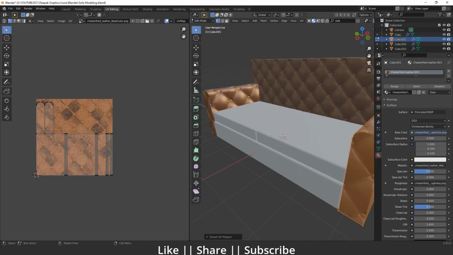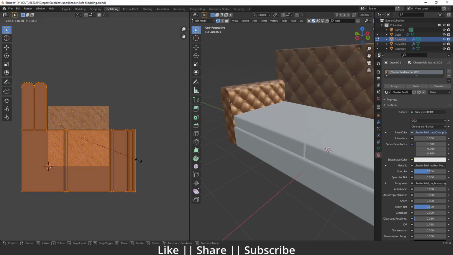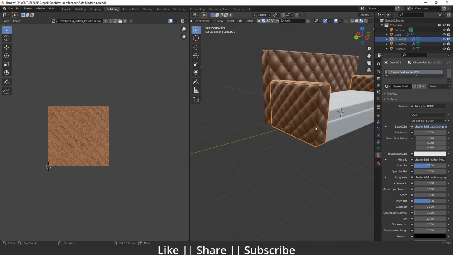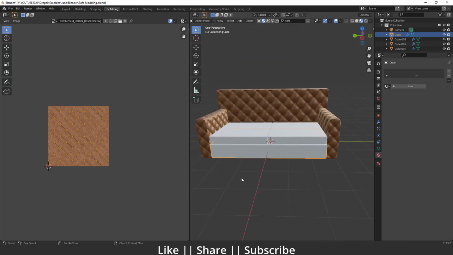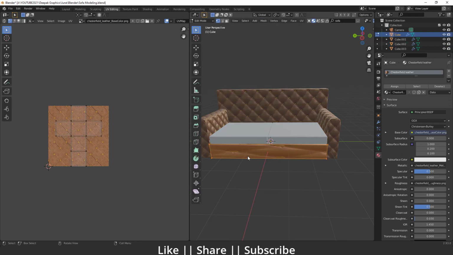You will see something like that. Again I'm gonna select all my texture, then I'm gonna scale it a little bit, something like that. So I think that much texture looks fine to me here also. Yeah, that looks nice. And we'll do the same thing with the other part as well. I'm just gonna select this, and then do link as a material, and I'm gonna unwrap this, pressing U, smart UV projection, something like that.